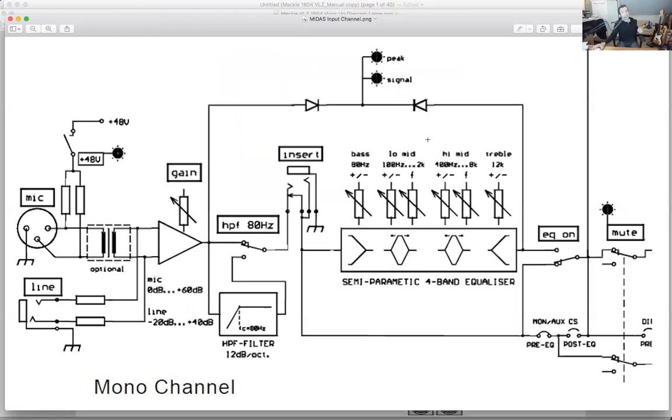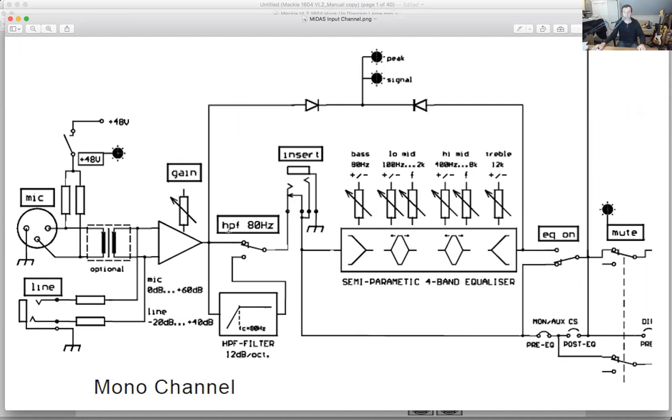Now, if we take it down to the smaller level, so that was a high level, now we're going down to a sub level. We're looking at the actual diagram of a channel. And this schematic diagram shows us the signal flow from an XLR input or a line input, same thing we saw on the console. Here going up to get phantom power if we decide to turn that on, going to a preamp